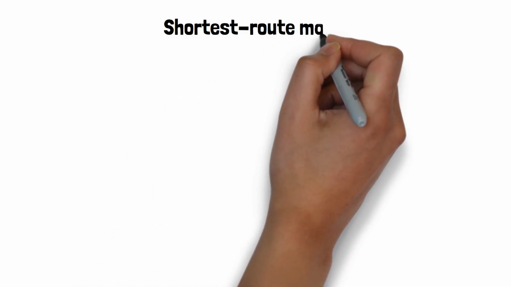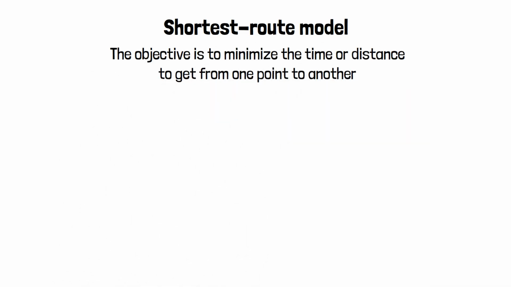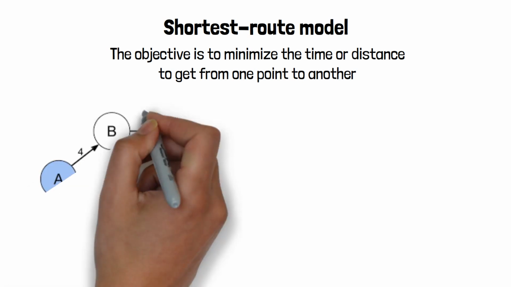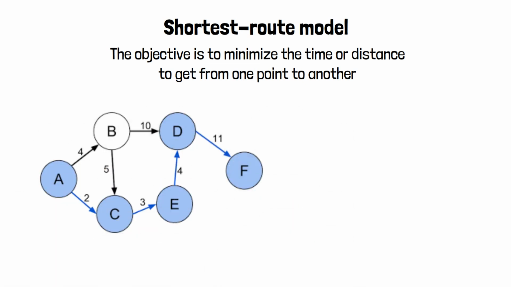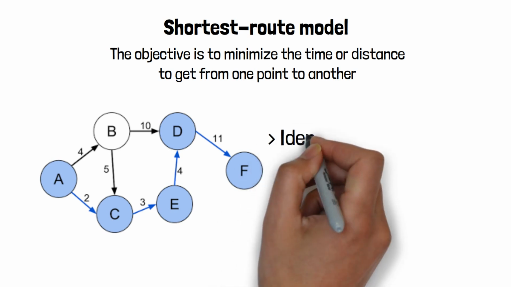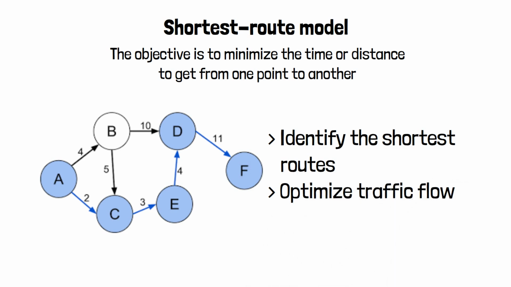In a typical shortest route model, the objective is to minimize the time or distance to get from one point to another. For instance, a city planning for the Grand Prix might use this model to evaluate its transportation system and determine the necessary expansions to handle the large number of visitors. The model helps city planners identify the shortest route and optimize traffic flow, ensuring that the transportation system can efficiently